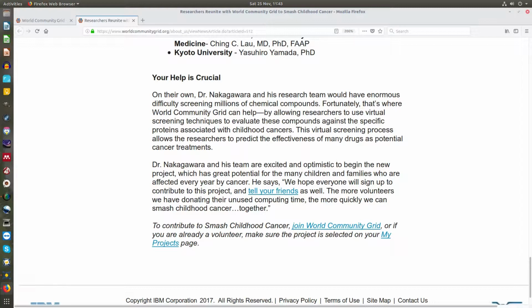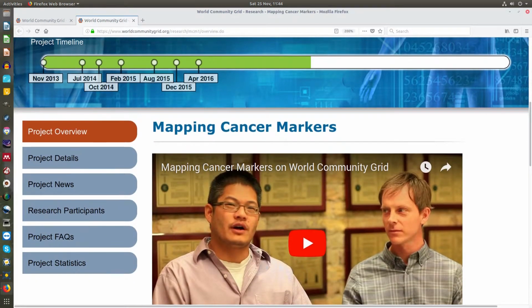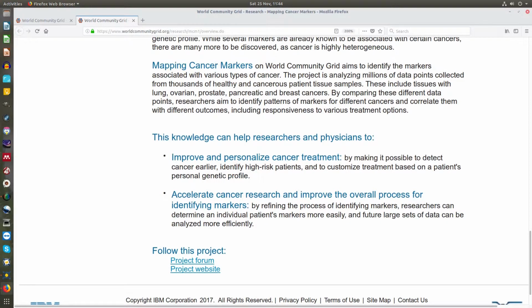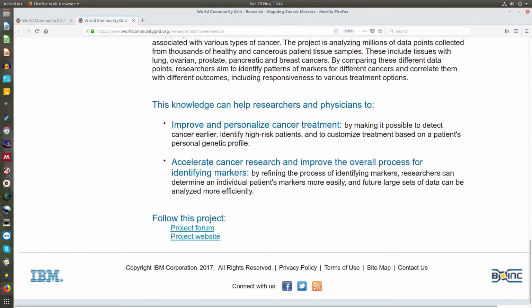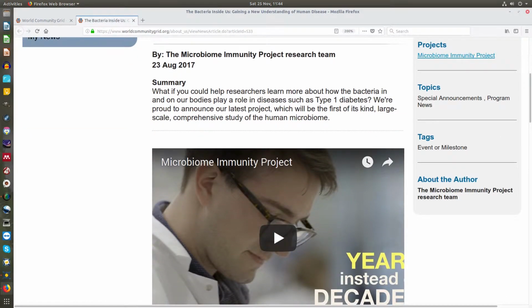And as it says there, to contribute to Smash Childhood Cancer, join World Community Grid, or if you are already a volunteer, make sure the project is selected in your My Projects page. And similarly, if we look at this one, Mapping Cancer Markers, down here, as it says there, by getting involved with this, it helps to improve and personalize cancer treatment, accelerate cancer research, and improve the overall process for identifying cancer markers, and so on. And this one is a relatively recent one that I've signed up for,